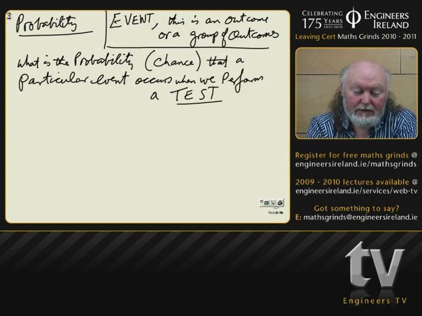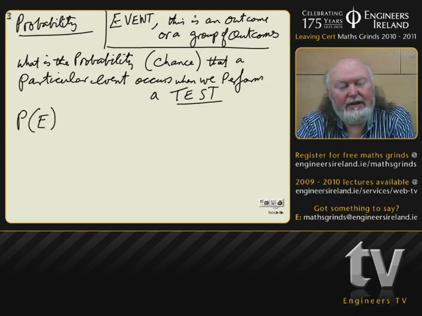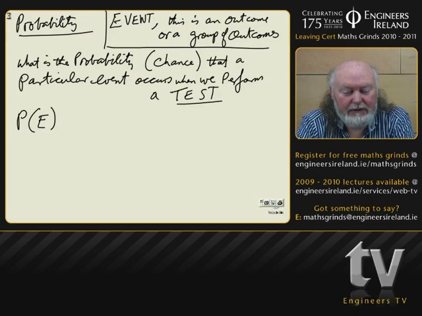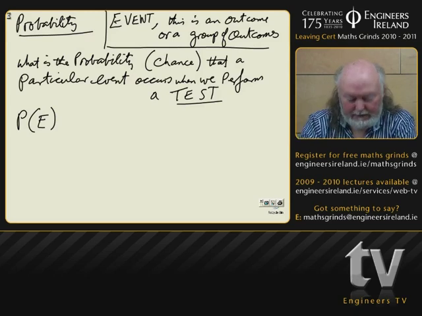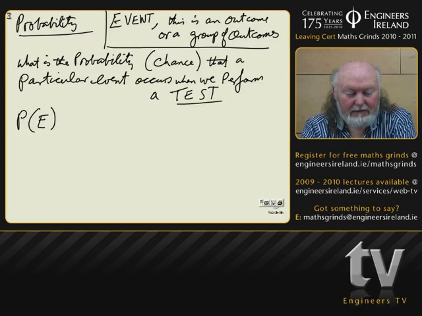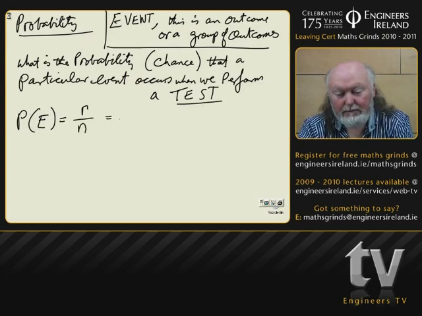What we'll find is the probability of this event, and a bit like we go f of x, and we use the letter f because it's the first letter of function. We're just going to use E here because it's the first letter of event. The probability of the event is equal to r over n. And what is that? It's the number